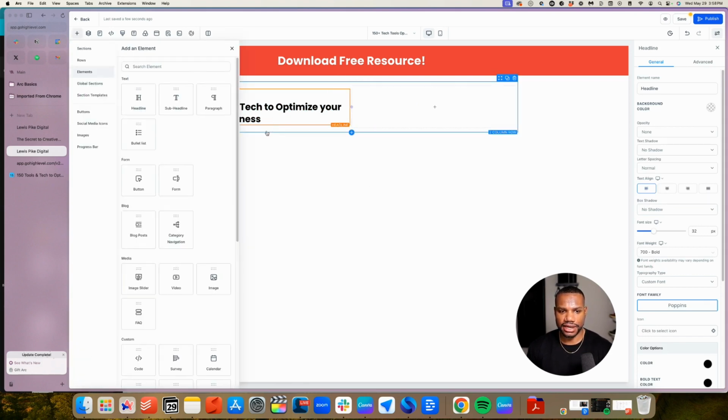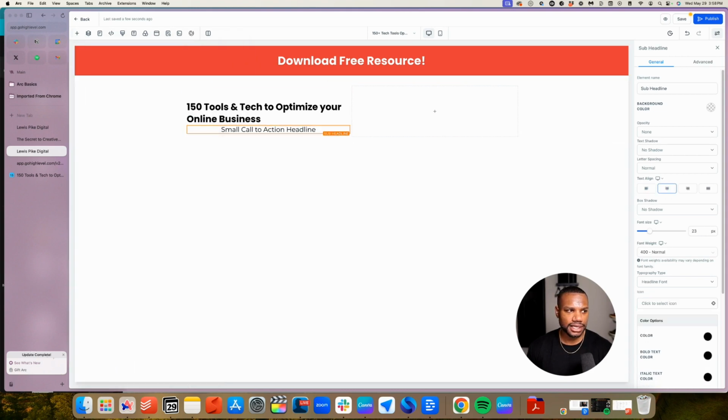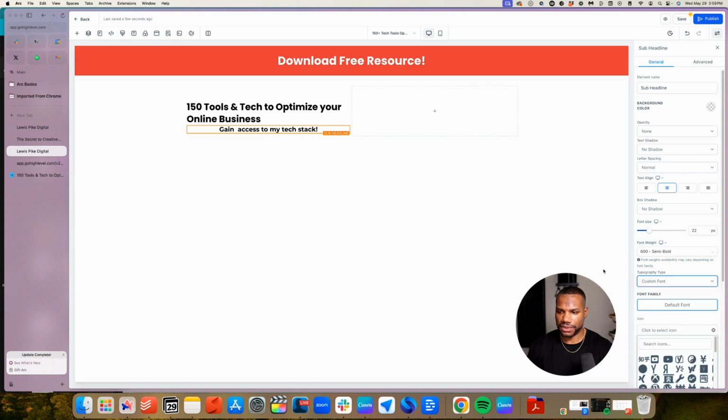All right, next thing we want to add in here is just a sub headline. That's typical for marketing funnels. So I'll just do something here that's simple: gain access to my tech stack. And then we'll just change the font here. Maybe just make that like 22, a little bit smaller. And then we'll make this semi-bold font here. And let's change the font type here